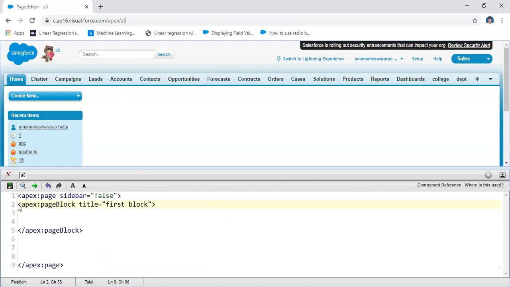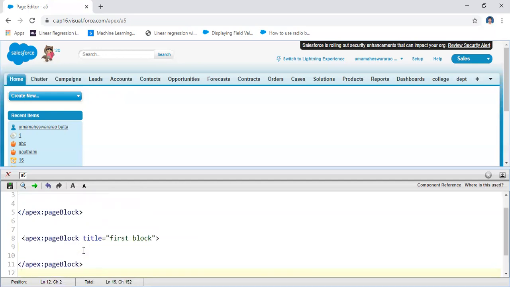Same way you may write the second block. For example, I'm going to write the same for the second block. This is the second block. If you execute this one, it shows like this.